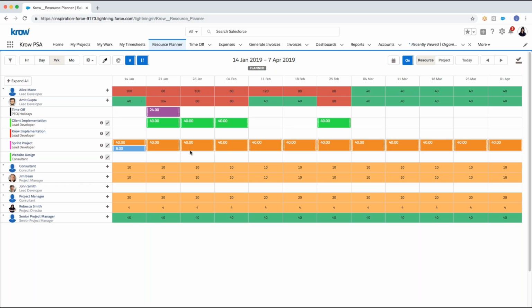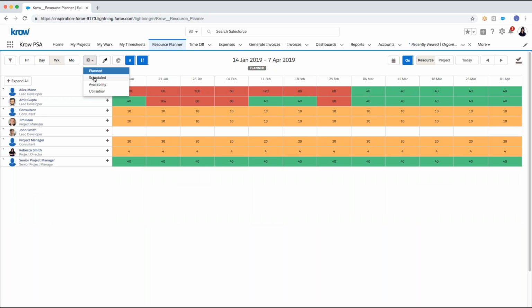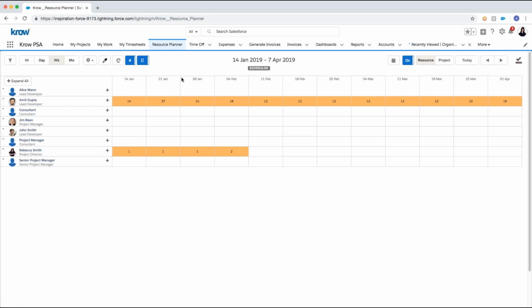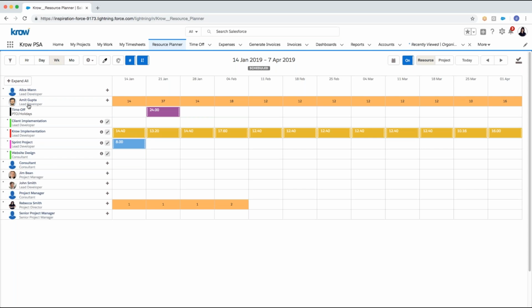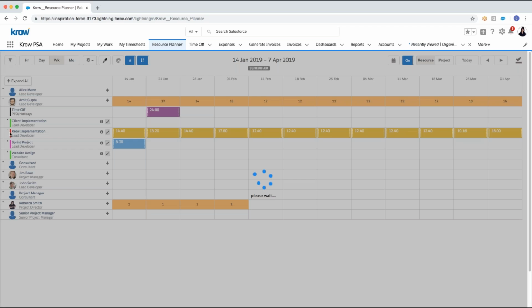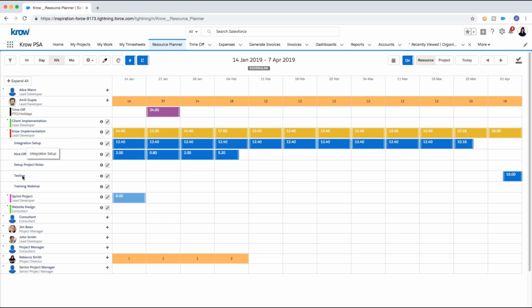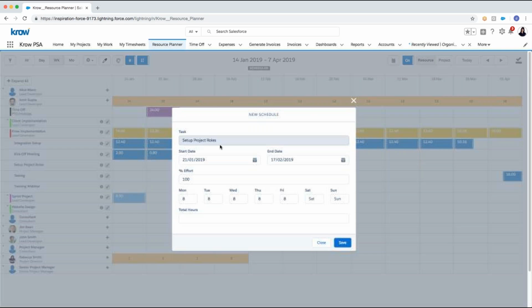So this is looking at a project view of all of the time. What I can do now is switch to what's called the schedule view. Here is an example that gives you not only a project level view of this resource's allocation, but I can drill down one level deeper to all of the tasks that Amit in this example is working on, and I can see the task schedule time, and I can do the same thing that we saw at a project level, which is I can drag and drop and add task scheduled time to this resource directly from the